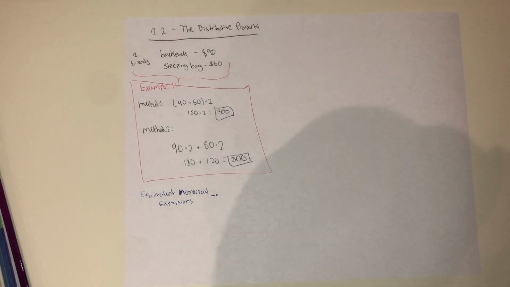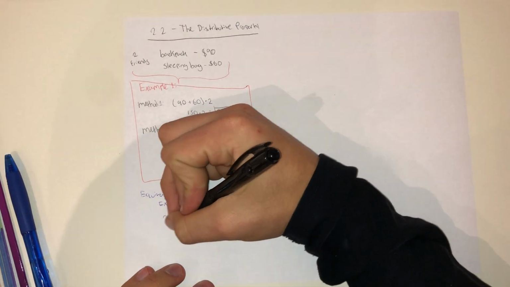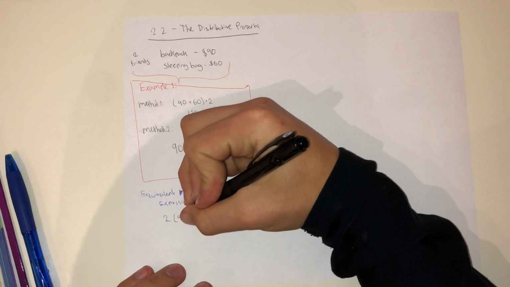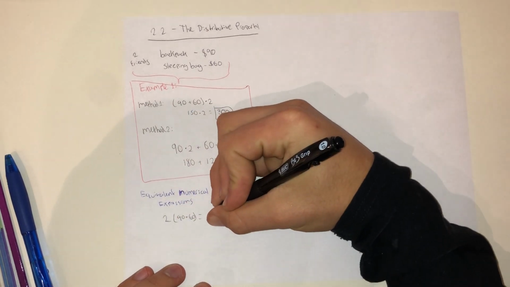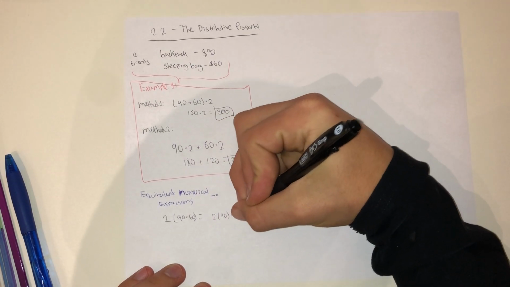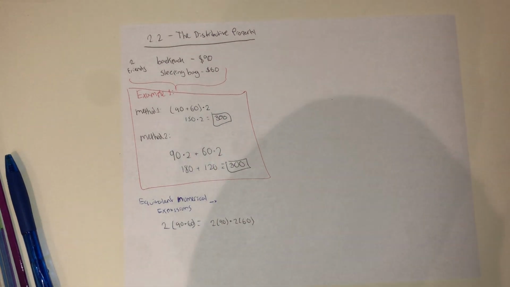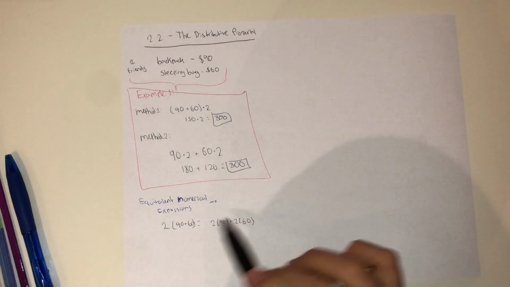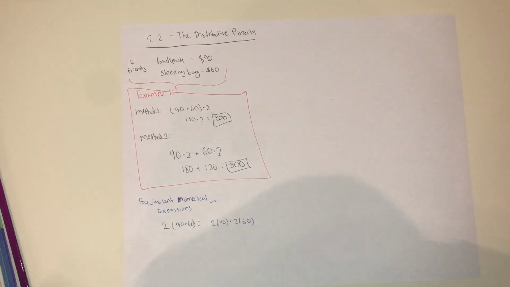The statement that 2 times 90 plus 60 equals 2 times 90 plus 2 times 60 illustrates the distributive property. These are equivalent numerical expressions, and this illustrates the distributive property, which is what this lesson